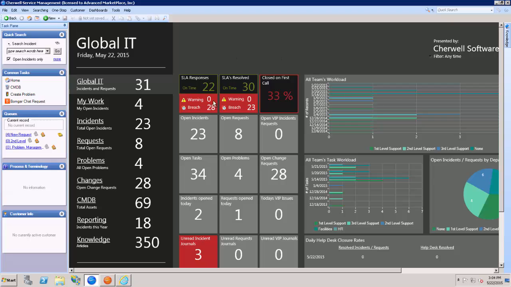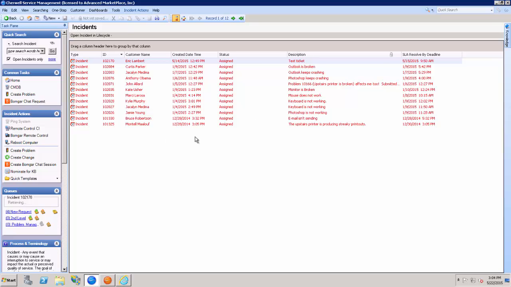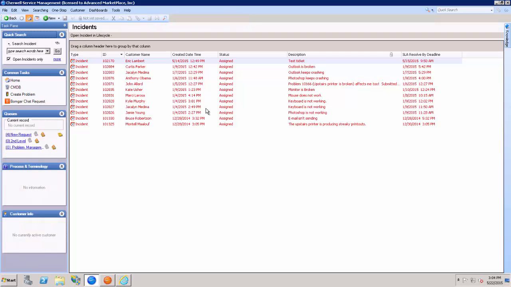They're also dynamic, so looking at open instance, we can click on the number and we're brought to another dashboard for incident details. Now, based off of this, we can click on, for example, assigned, and we now see the assigned tickets, the tickets that are in the assigned status within Cherwell. Coming back to global,